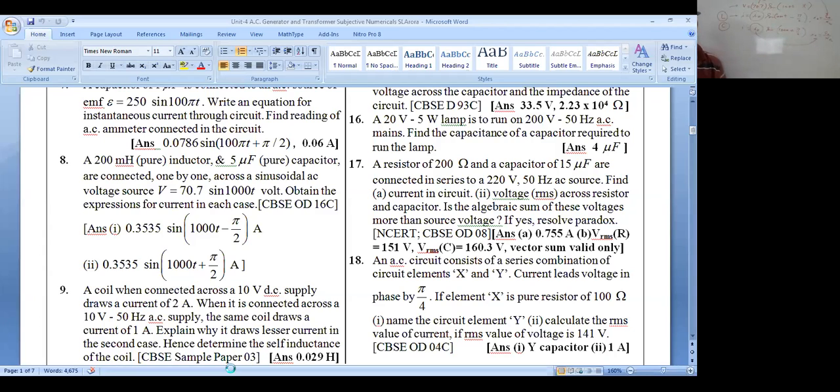Got this? You can note down this also. Although it is a simple question, if you know the concept here, leading, lagging, phasor diagram, it is very simple. So normally we fear AC theory and numericals, but if we know the concept of AC, I think it is not so difficult.